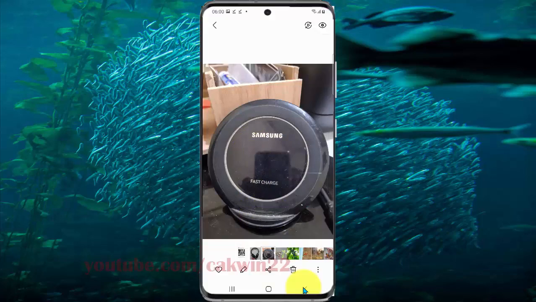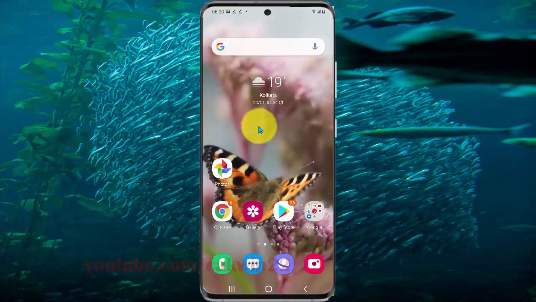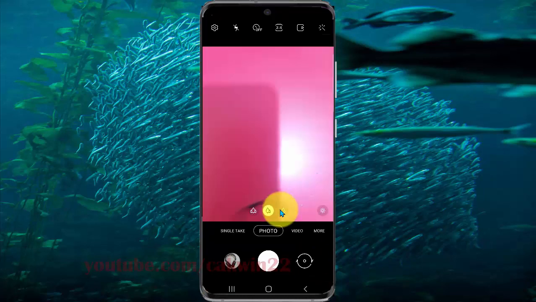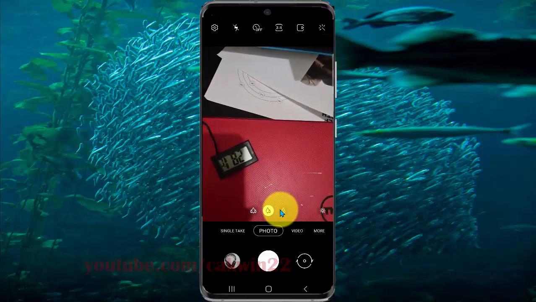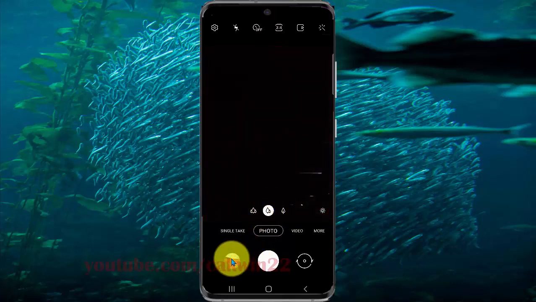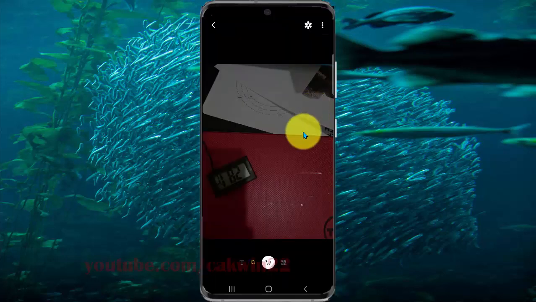Or you can also find it from the camera app. Tap the camera app icon, and then take a picture of the product you want to find, and then tap Gallery, tap the Bixby icon,